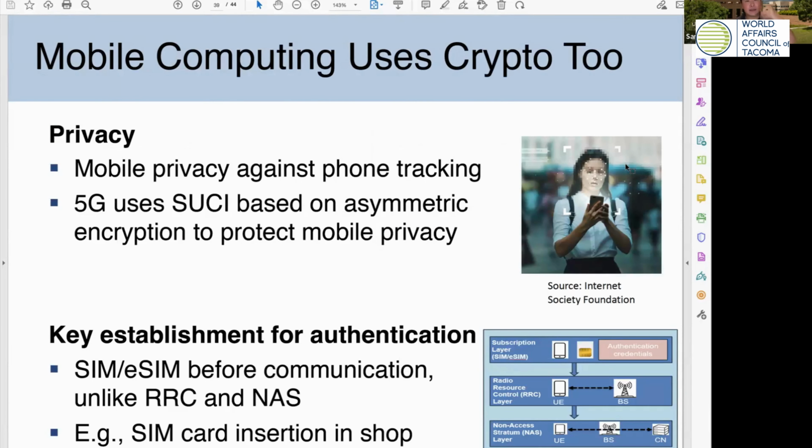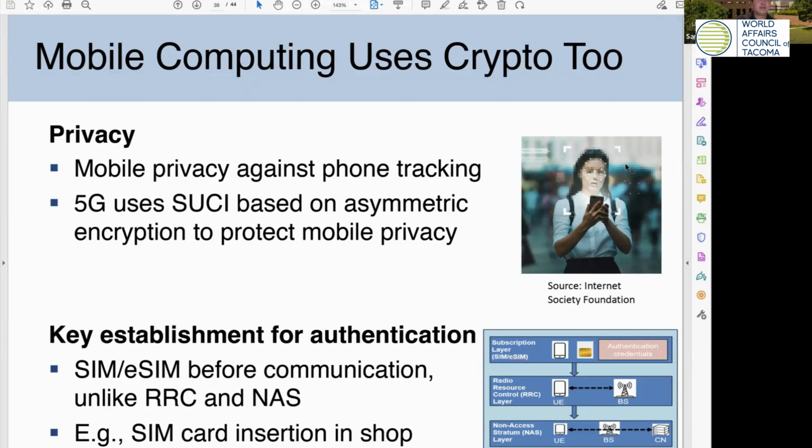But since I started talking about cellular networking, let's shift gears and talk about mobile computing and cellular networking. In cell networking, they do use cryptography, and more specifically, they also use public key cryptography. So this is Crypto 101, but there's public key cryptography and there's symmetric cryptography. For symmetric cryptography, against quantum computing, as long as we double the key length, we're okay. So it's not like taking non-polynomial time complexity and making it polynomial. But for public key cryptography, we're more nervous, and that's why NIST is facilitating post-quantum ciphers for public key or asymmetric